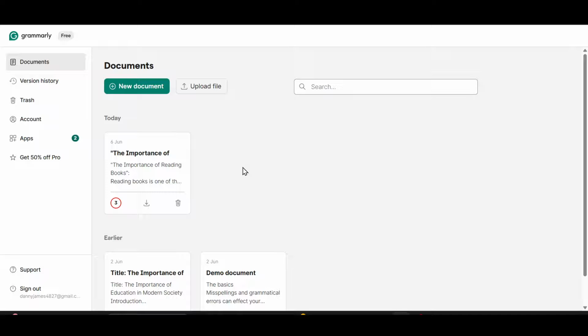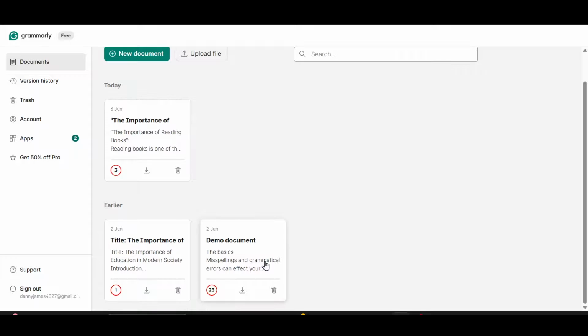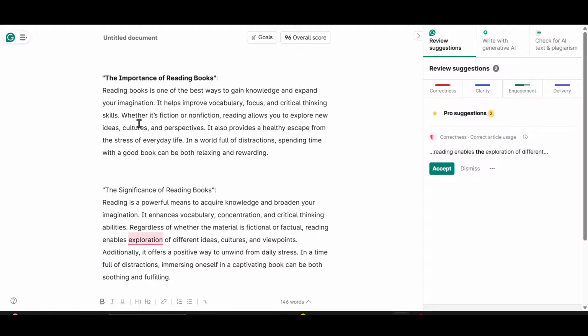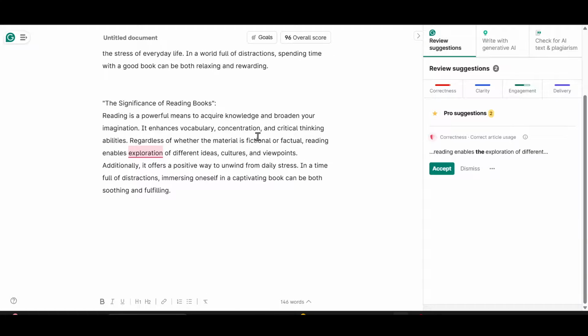So if you are new to Grammarly, just simply sign in with your email and your password. But if you already have a Grammarly account, you will be directly welcomed to the dashboard of Grammarly. Now, after coming here, you can open your recent Google documents, or you can go to Google Documents and create a new document. So as you can see, this is my recent Google document, and from here, when I click